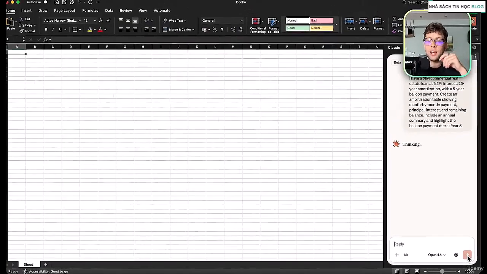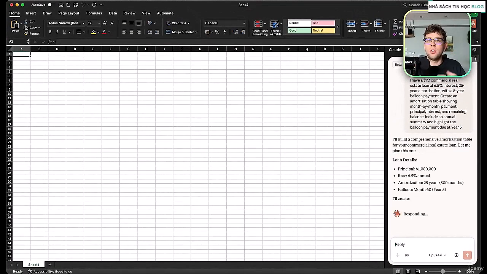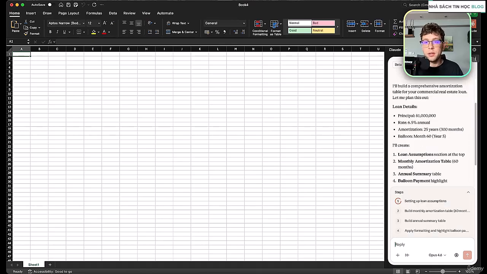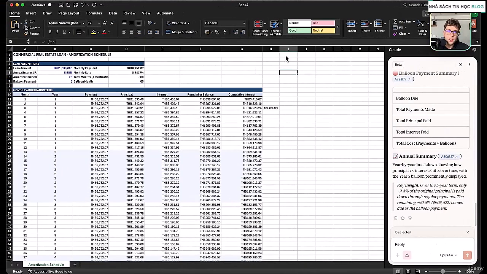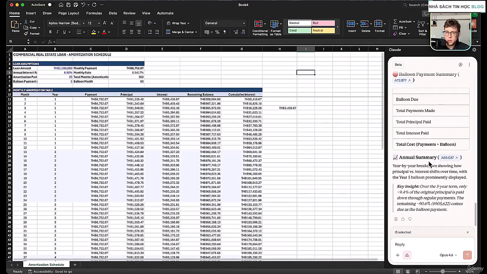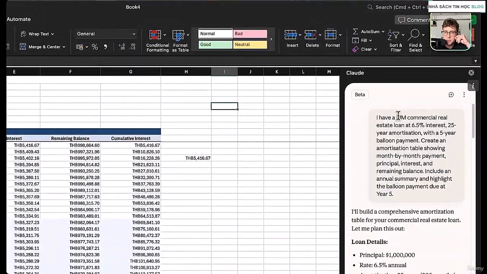We can run it, and now we will check the capability of Claude creating for us a comprehensive table with the information and additionally the capability of just doing the financial modeling. So we have the financial modeling done. However, it used the currency which is Thai baht. I don't know why. We had the dollar right here, so 1 million commercial real estate.